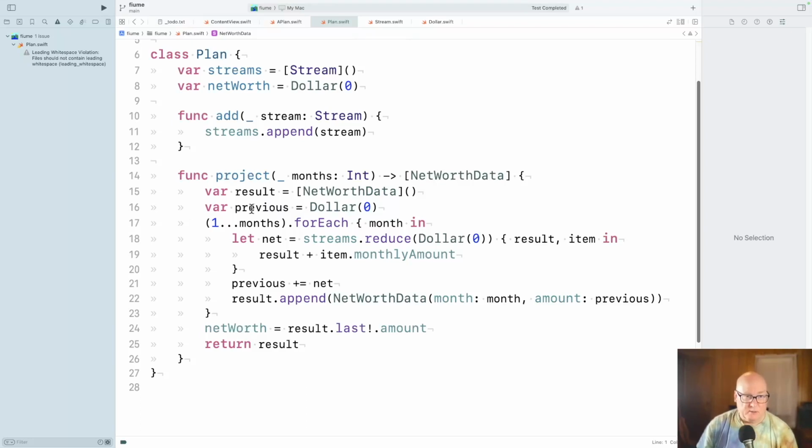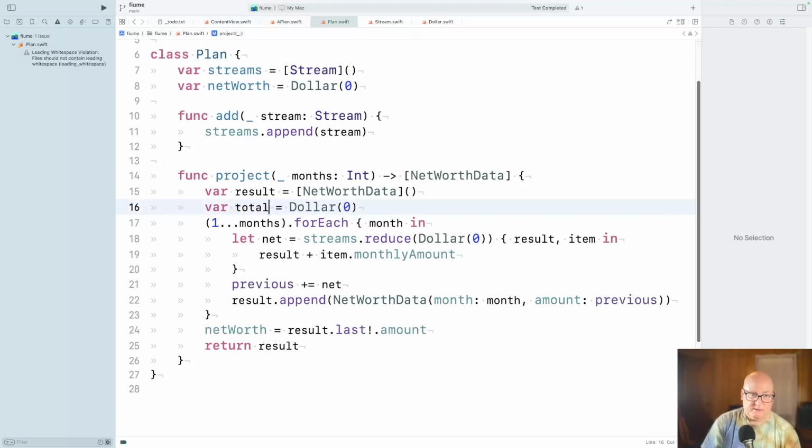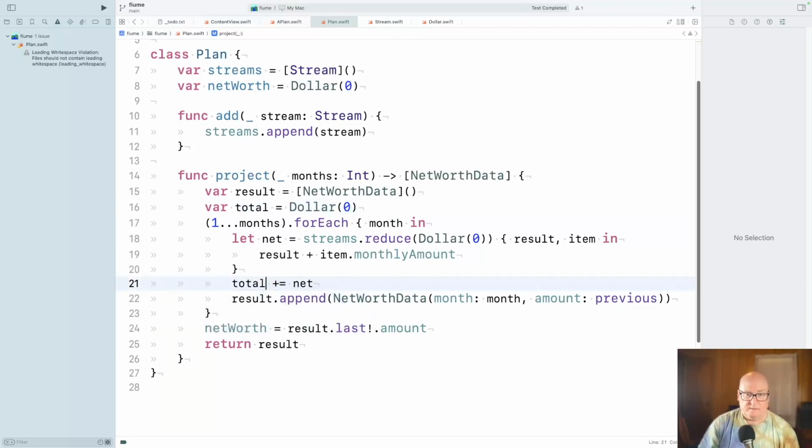Maybe this is total instead of previous. And actually, I would say running total is how I would really describe that.